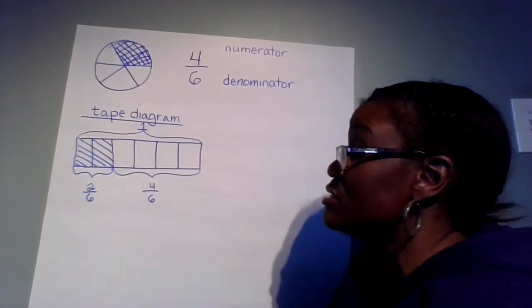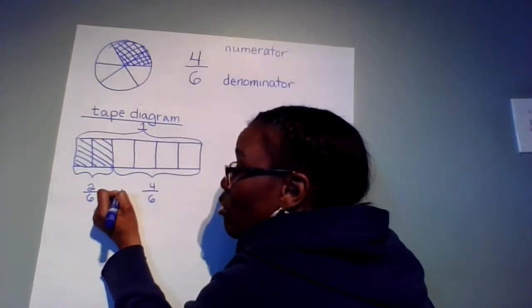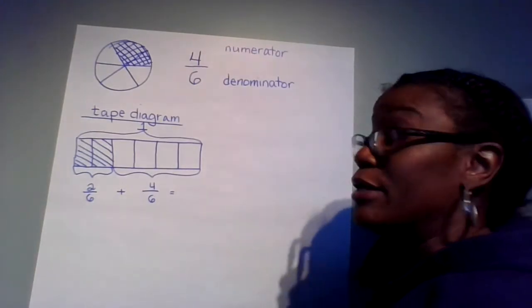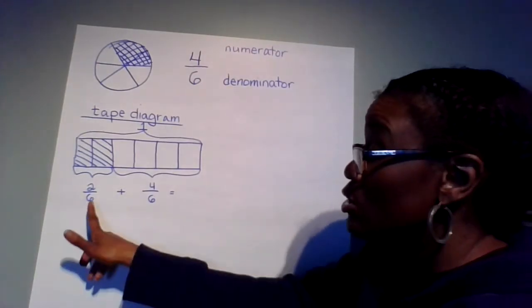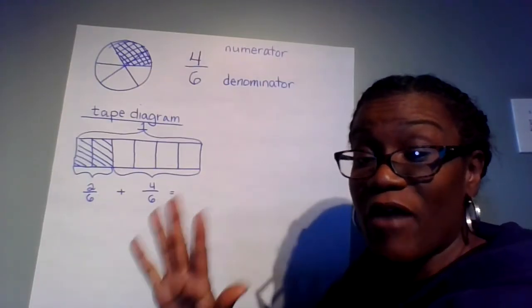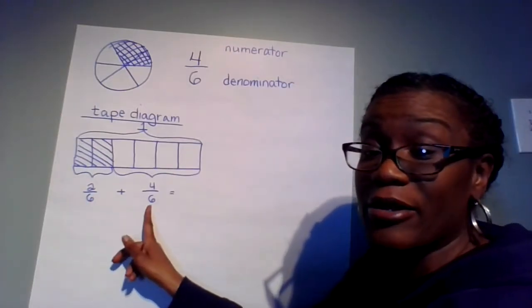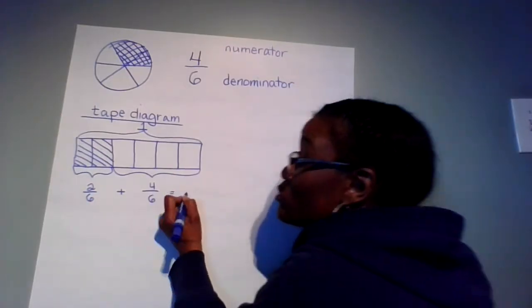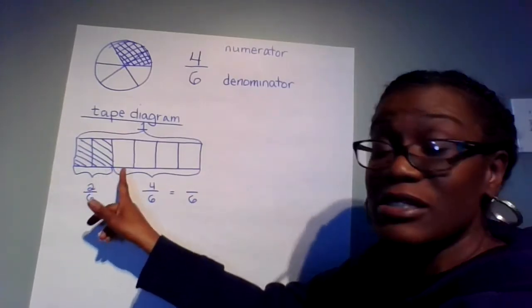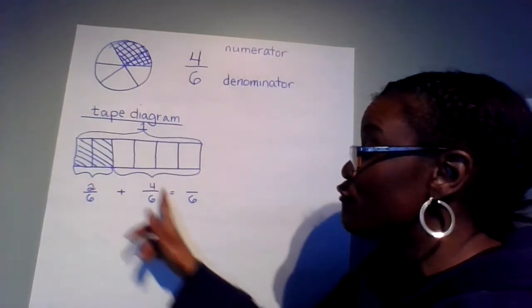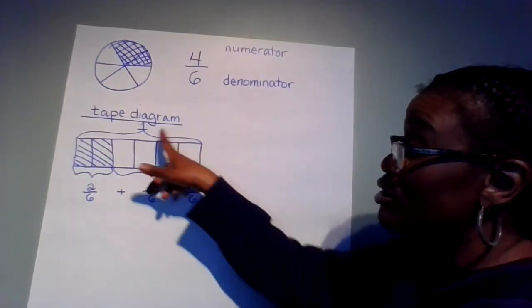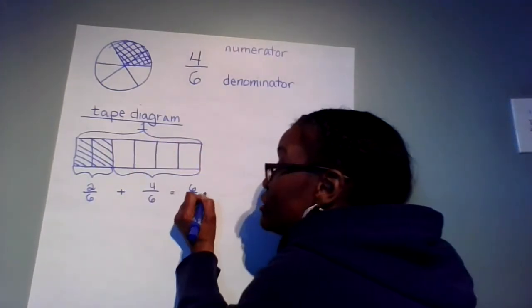And so, scholars, if we wanted to know what the fraction would be, we can make this into a quick addition sentence. 2/6 plus 4/6 equals what? Now, when we're adding fractions, if the denominators are the same, it'll stay at 6. And then all we have to do is add the top. 2 plus 4 equals 6. So the fraction version of 1 whole is